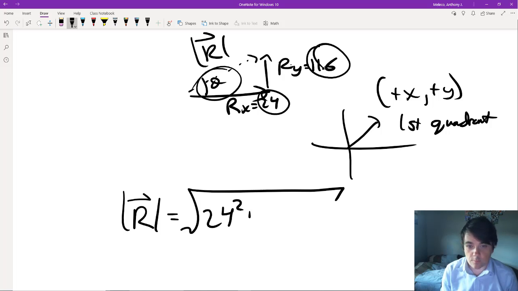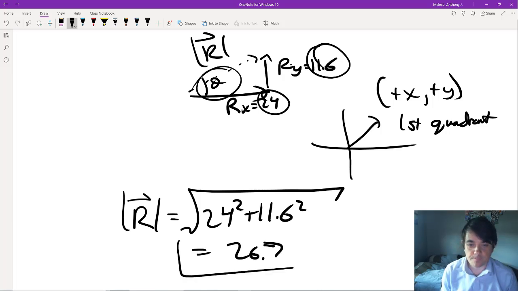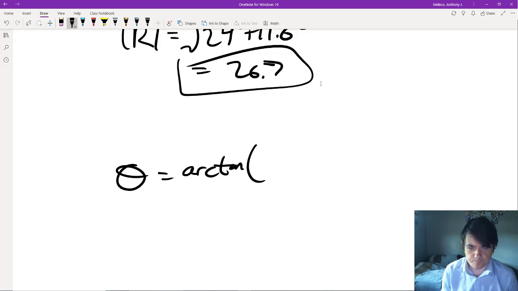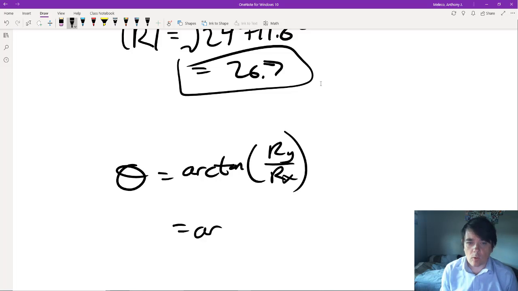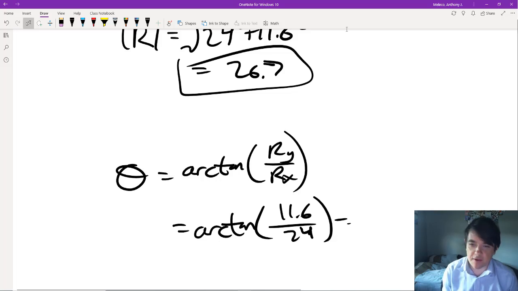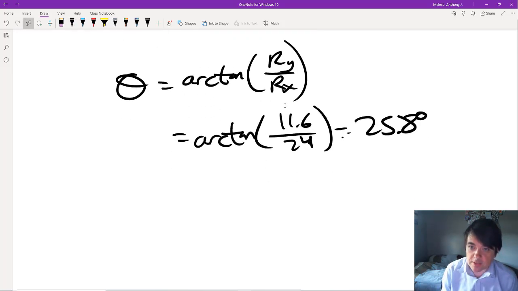24 squared plus 11.6 squared. And this is 26.7. So that's our magnitude. Now we just need our angle. Ry over Rx, so this would be 11.6 over 24, and this gives us an angle of 25.8 degrees. Okay, so this is between 0 and 90, just as I said. So our final answer is